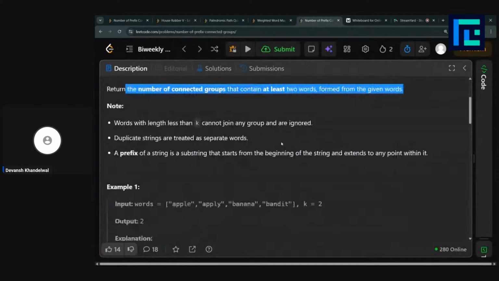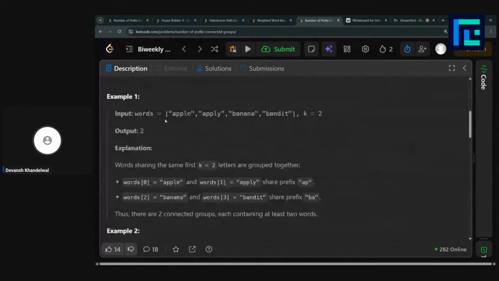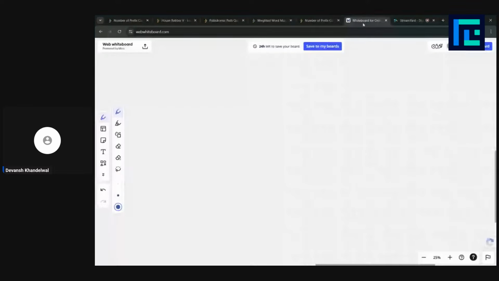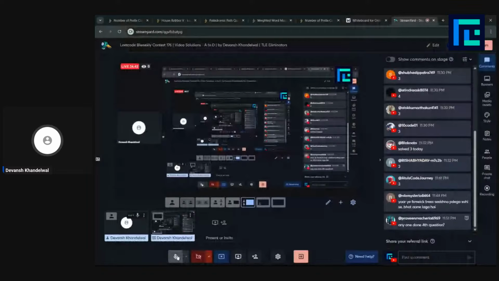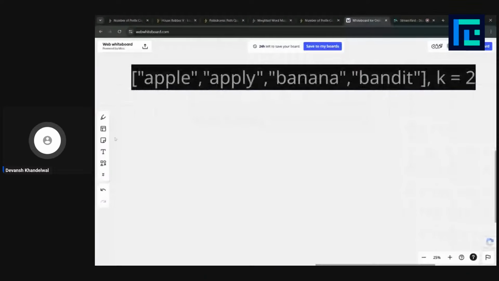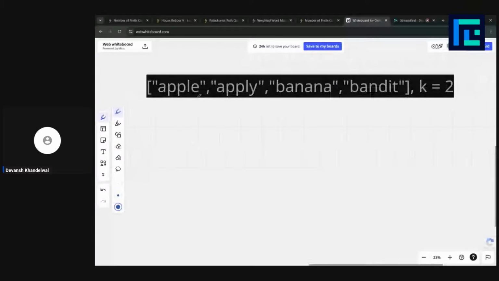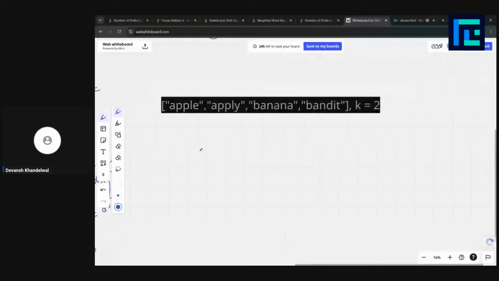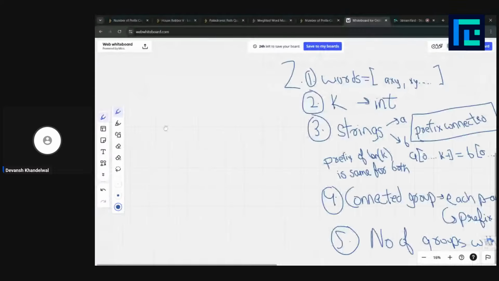So the example is we are given this. I hope this is visible. What we are given is four different strings, and we need to make connected groups out of them.